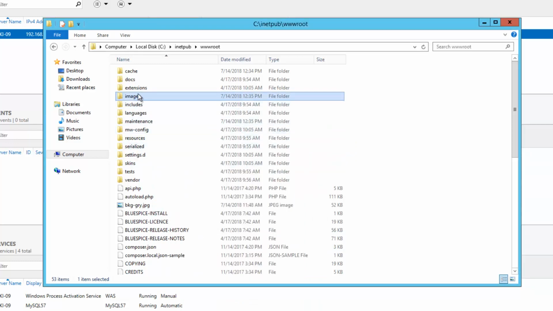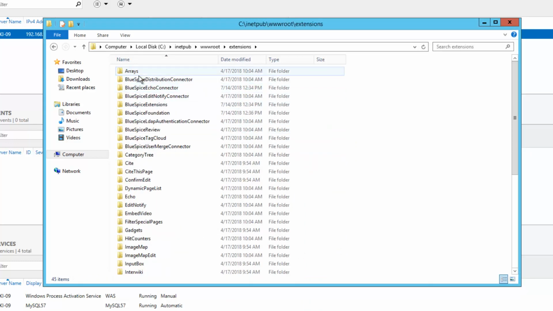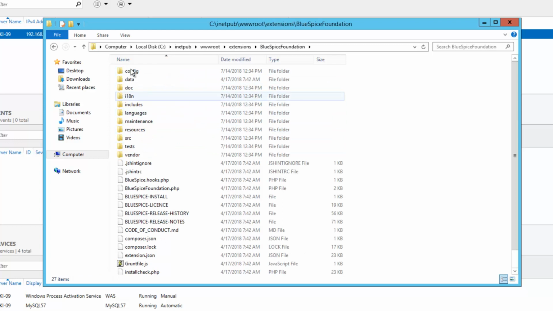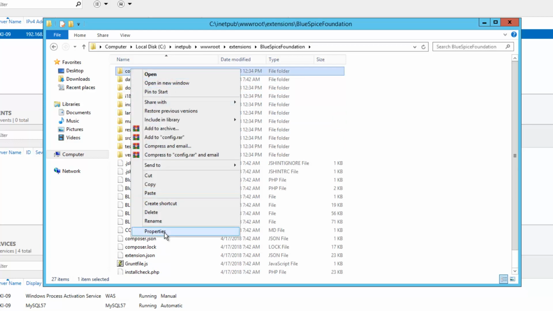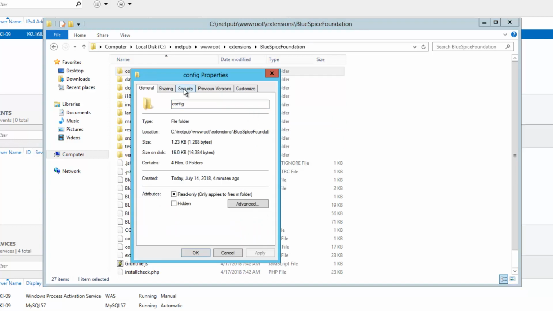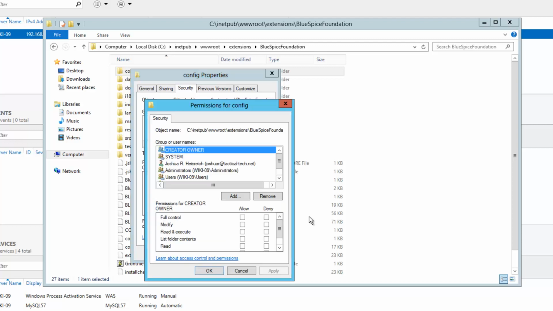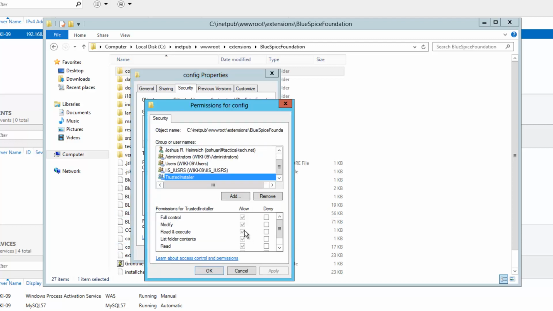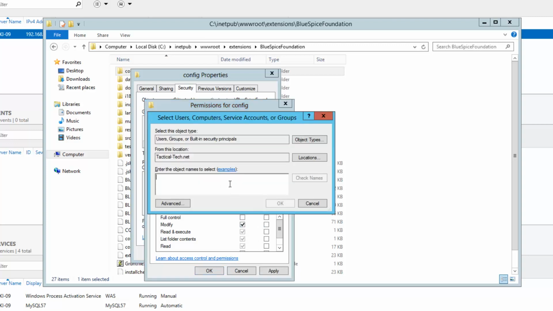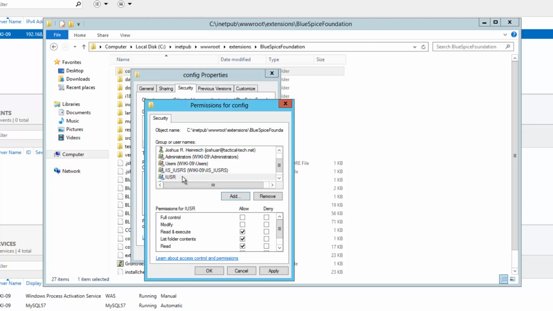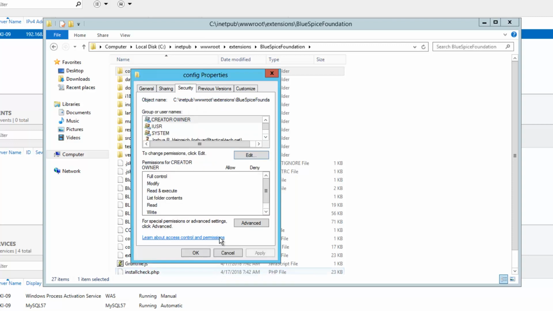Okay, and I'm also going to browse back to the extensions, BlueSpice Foundation, and config, and I'm going to do the same there for those permissions as well. Edit that. Scroll down. Let's go and give iUsers modify. Add in IUSR again. And hey, I don't even have to change the location. I just saved myself about 10 seconds worth of work. Apply, okay,